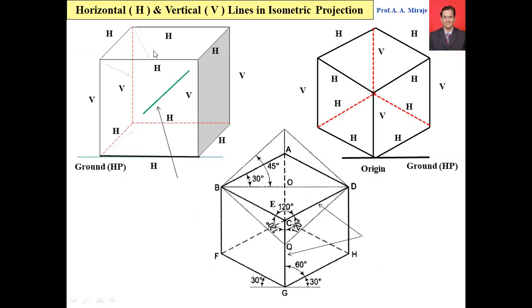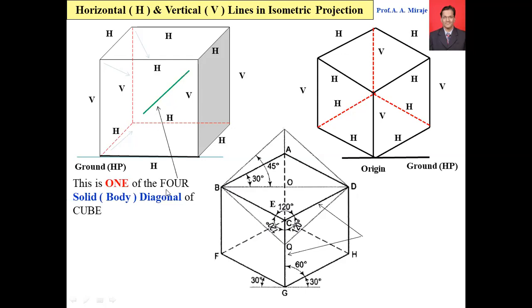Now in this next slide, there are 2 three-dimensional diagrams of the cube only. Here you see this vertical line, this vertical line, this horizontal line, this horizontal line. Now the solid diagonal is from this point to this point. This face you can see on the front side. If I join this point to this point directly, it is the diagonal of the surface, the diagonal of the square. But this point is on the back side, because you can see dotted lines here. So instead of joining this point with a point on the same surface, if I join it with the point on the back side, then it is called the solid diagonal. So this is one solid diagonal.